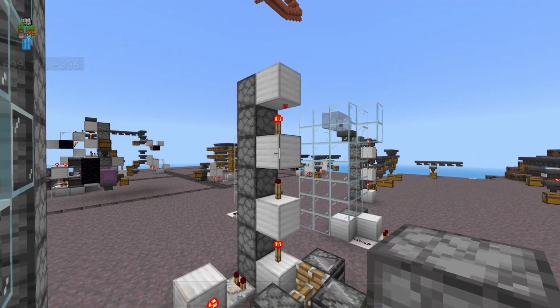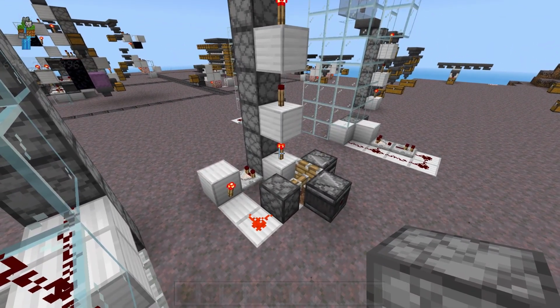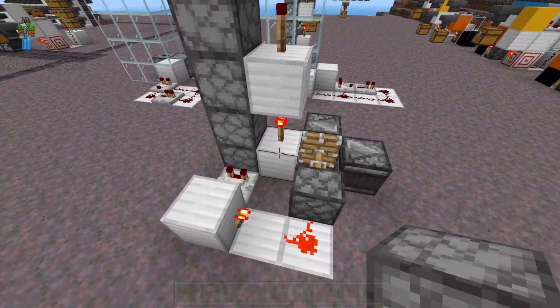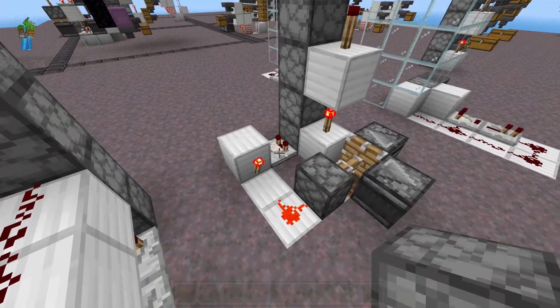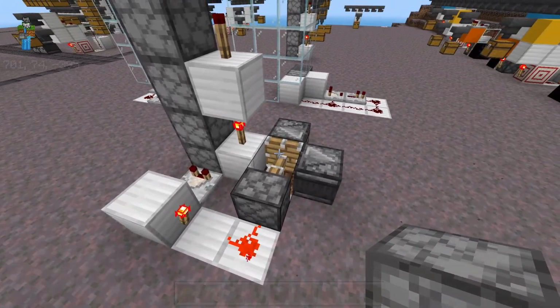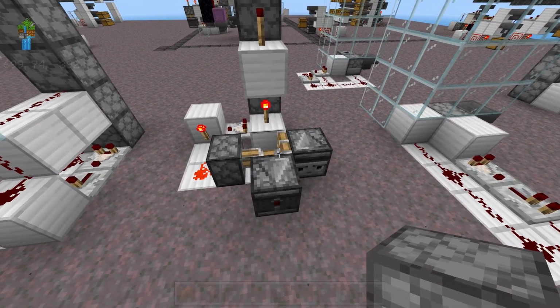And the main reason for that is that you only have to send the redstone from the clock to the bottommost torch. Just turning on and off this bottommost torch will turn on and off all of the other torches in the system. And so for this example, the comparator is turning off this torch, which will turn off this piston, which will then activate the observer clock.